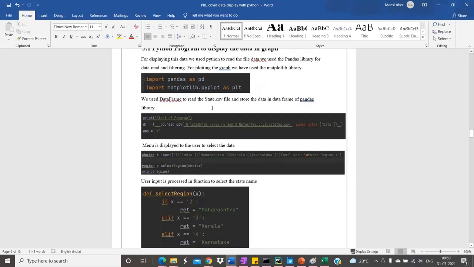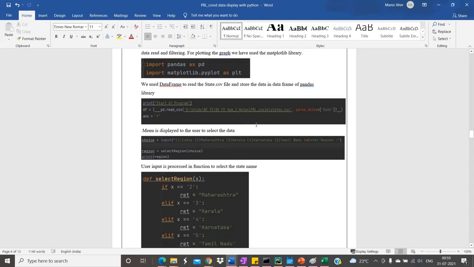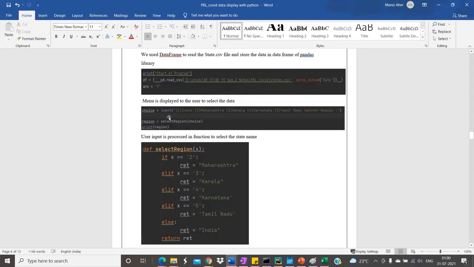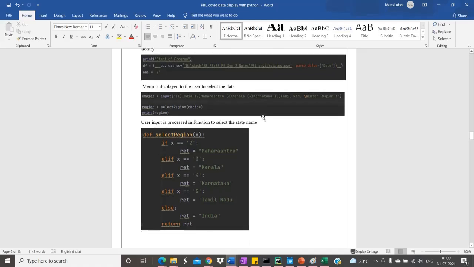We will also be using a data frame to read the CSV file where we are taking the data, and to store the data. Next, we are going to be displaying the menu of states which the user can choose among.